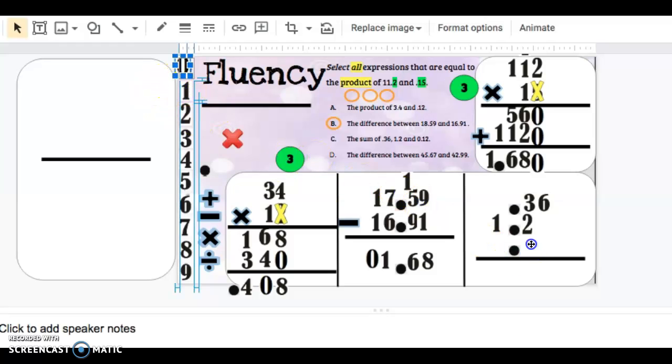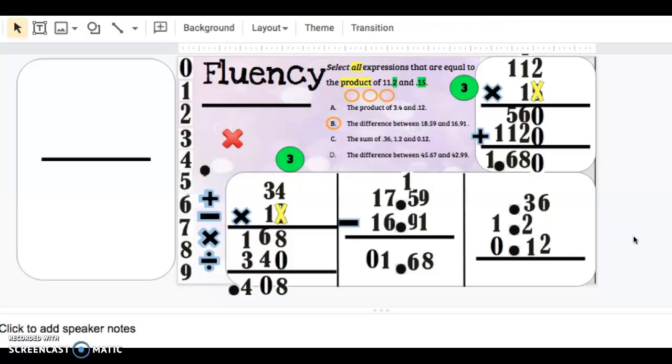Then I'll put 1. And then I'll put 2 because 2 is in the hundredths, 1 is in the tenths, making sure it lines up. Everything's lined up. I can put a 0 as a placeholder, so I know I have to add 6 plus